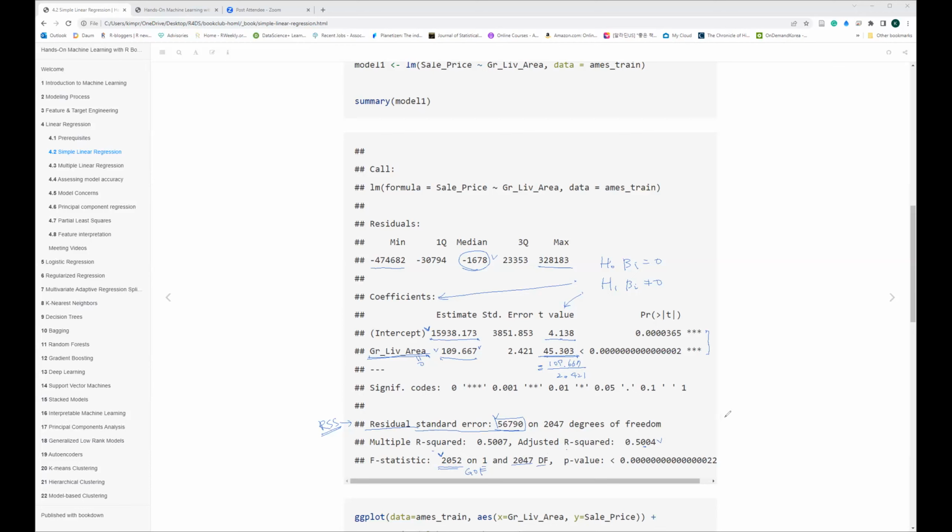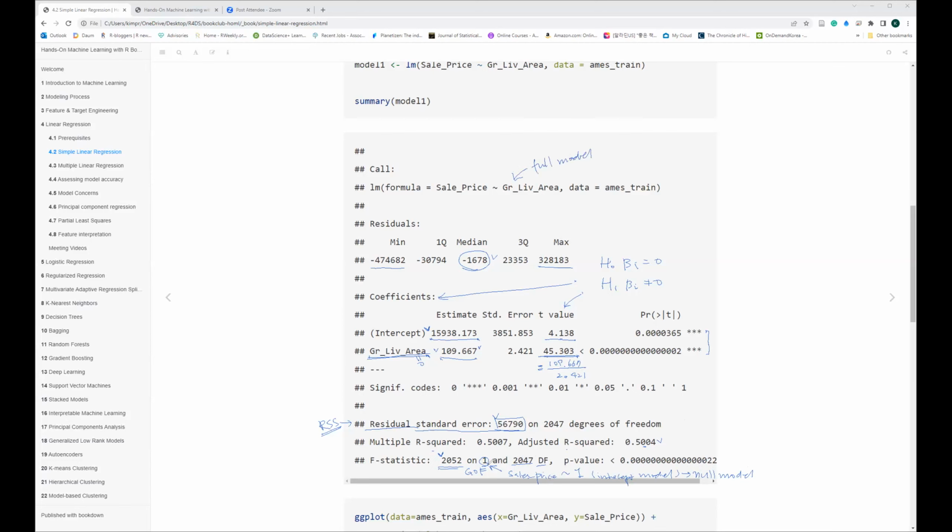The one means that we have a formula for the sales price and 1, which means it is only an intercept model, which is also called the null model. And then assuming that this formula is a full model,